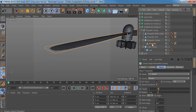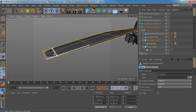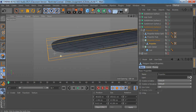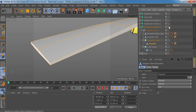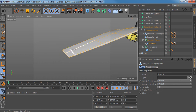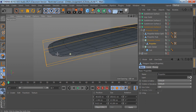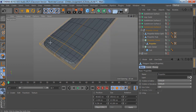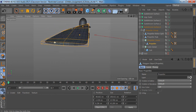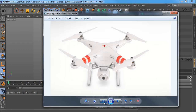So let's just grab our propeller and then jump into the knife tool. So see here we have this orange kind of little ghost. This is reference for where the polygon is when we're not looking at the subdivision surface version. So I'm just going to add a knife cut sort of along the edge here, and you'll see that that straightened up that little problem we had. And if I look at this from the top view,